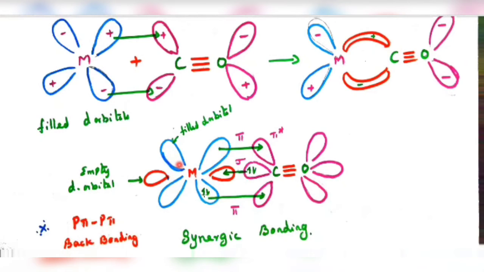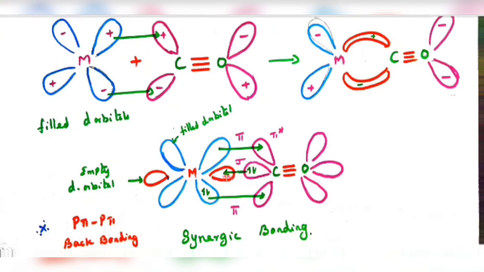Here the blue color shows the filled electrons of the metal, and the orange color is the empty d orbitals. Carbon donates to the empty d orbitals. These are the empty pi star orbitals of the molecular orbital. According to molecular orbital theory, this is the anti-bonding pi star. In pi back bonding, the filled electrons in the metal orbitals are donated to the pi star. Of the two electrons, one is donated in the form of a pi bond, and that is called back bonding.